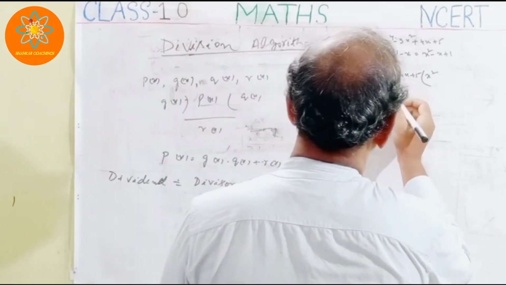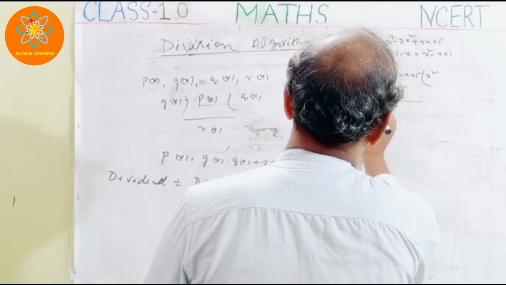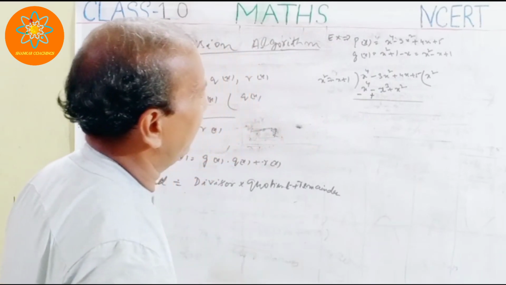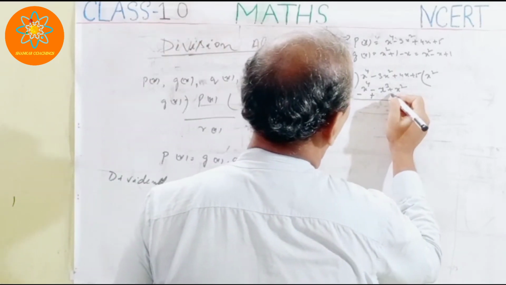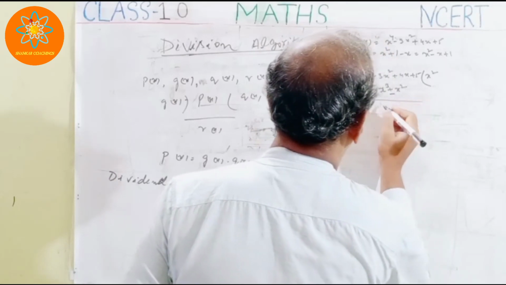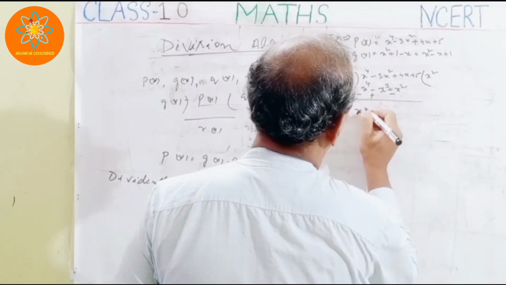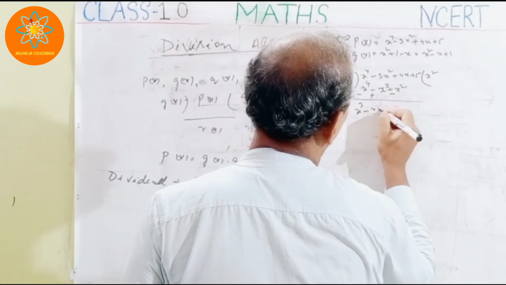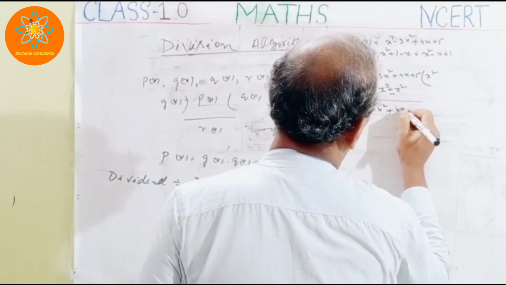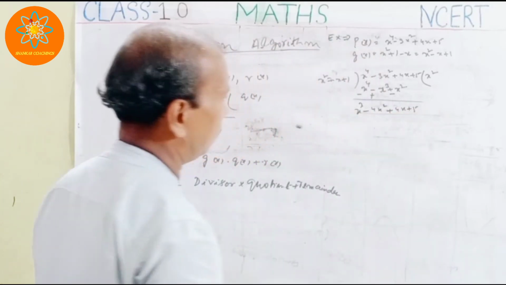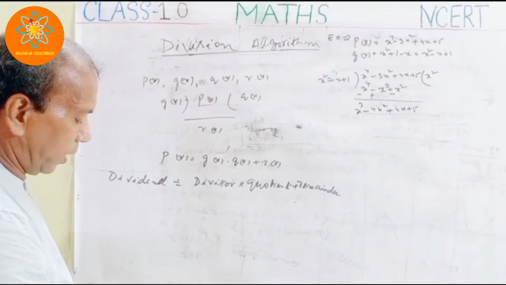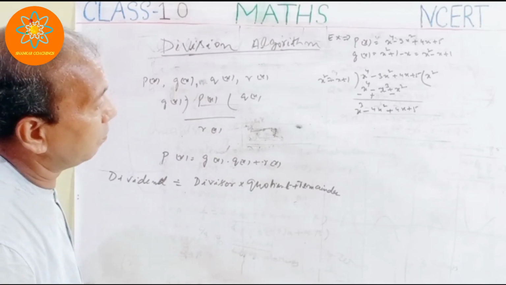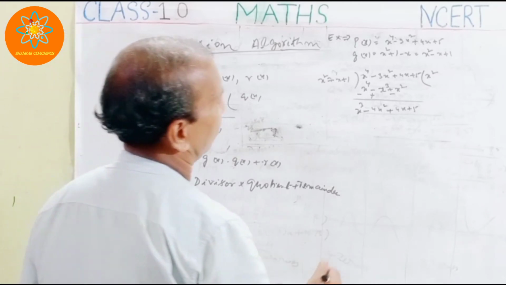So this minus x cube will be as it is. The x4 cancels, minus minus becomes plus, and the sign changes. So the value will be x cube, then minus 4x square plus 4x plus 5. x cube minus 4x square plus 4x plus 5.